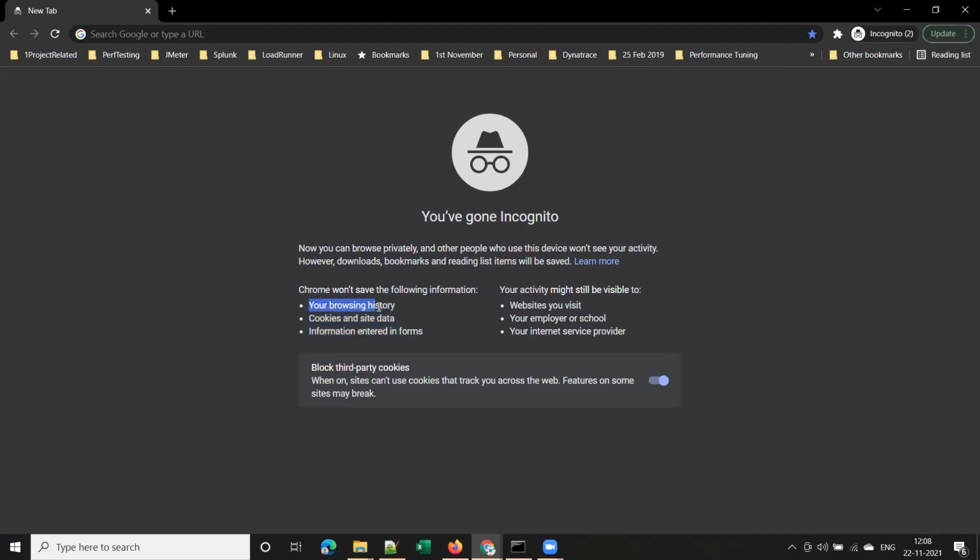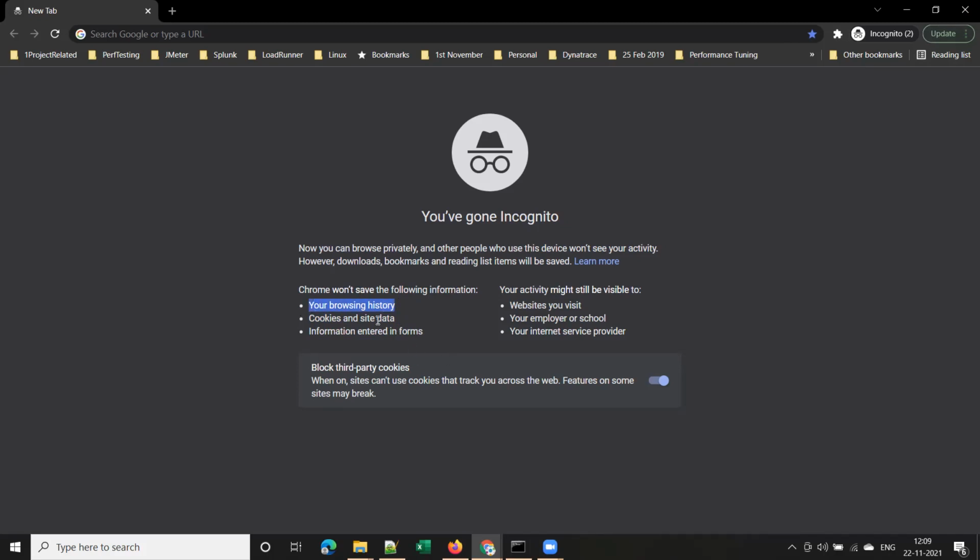If you are using a shared laptop or shared machine, at home or in a bachelor's room, and you don't want others to know what websites you are visiting, you can use this private browser. It will not save your browsing history.